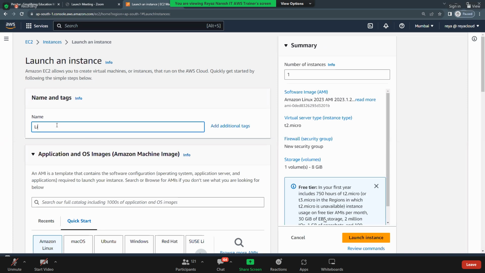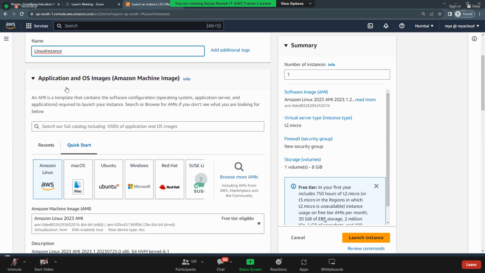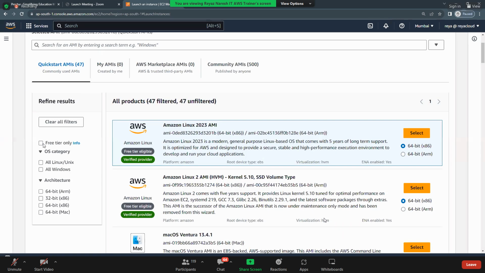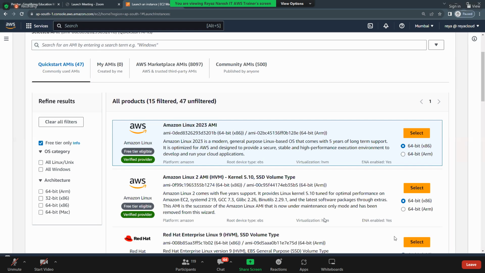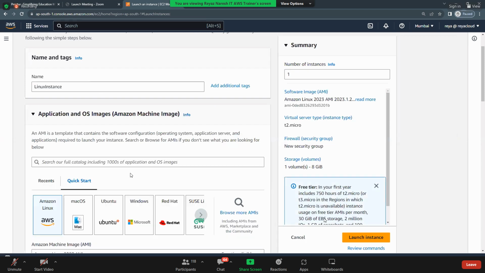So let's go ahead and then say that it is Linux instance. We'll go and launch Linux. And then, which one? Browse more AMIs. So select the free tier and then Red Hat. And then come down.